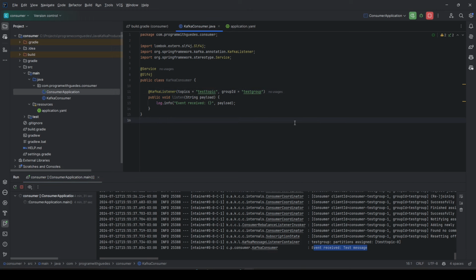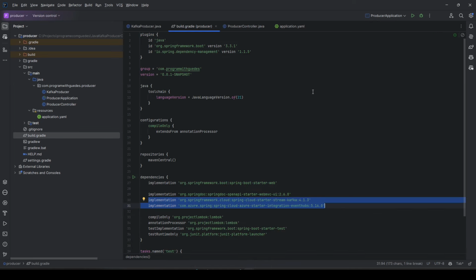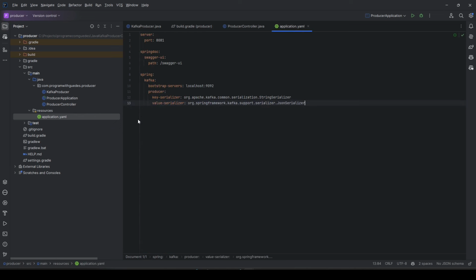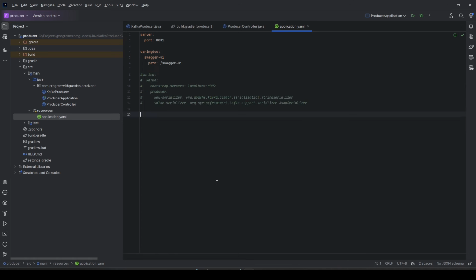Now we will make a simple change to use Azure Event Hub for Kafka. I will stop the consumer project and go back to producer project. Open application.yaml file and comment it. I will copy the Azure Event Hub for Kafka configuration.